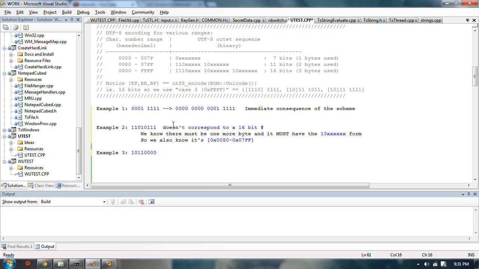I'm just making them up. That's 8. Okay. Now what does this tell us? Well, it certainly isn't in this group, right? But it could be in this group or this group, and we don't know, because both of these possibilities have 1 0 followed by some arbitrary bits. So this one, we know that it must be within the first or second group, and